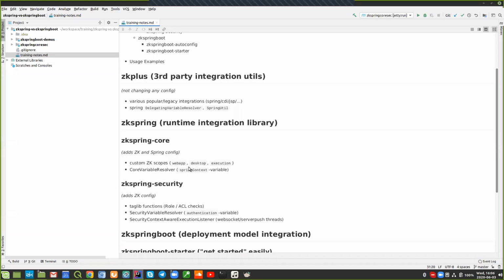No, you register these scopes on demand, but it adds this core variable resolver, which adds another variable by default, which is just the Spring context variable. So if you somewhere need the Spring context in your expressions, you can refer to it directly like this, instead of saying WebApplicationContextUtils.getDefaultWebApplicationContext or something. There is a Spring util that does this, and this one